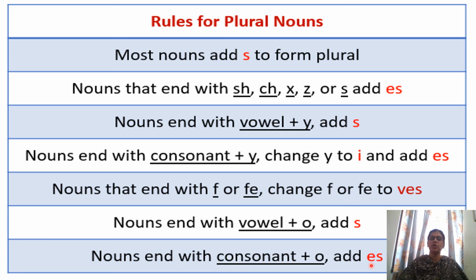So children, if you remember all these rules, then it will be very easy for you when you come across any singular noun. You can easily change singular to plural or plural to singular. You might be wondering where to find these rules. All these rules are given in your grammar book with examples. When you go through your grammar book, you will find these rules there also, which will be useful for you.